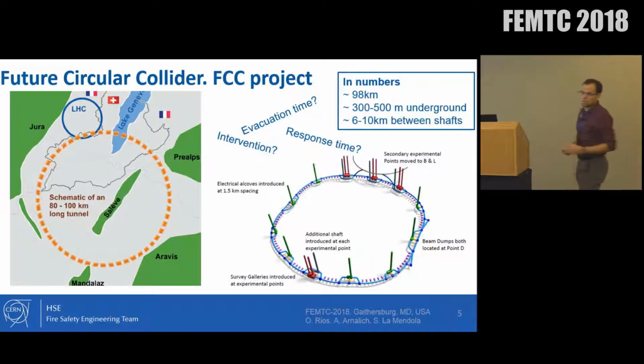But I'm talking about this LHC project, whereas what I will talk to you about today is the FCC project. That's the new project that is in a study phase, of the new tunnel that will or may be constructed around CERN, and that will be a tunnel of around 100 kilometers perimeter, about 300 to 500 meters underground. And why does it change? Because the tunnel is flat, but the ground is not flat, so you have different distances to the surface.